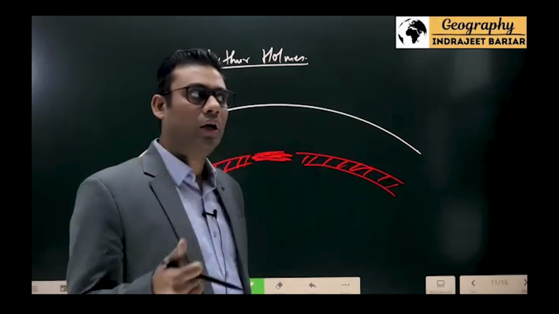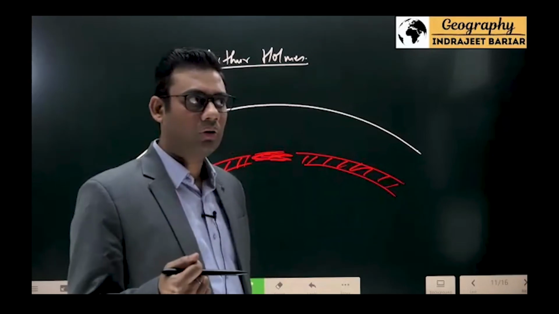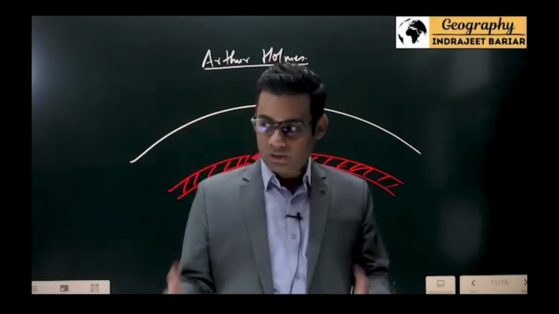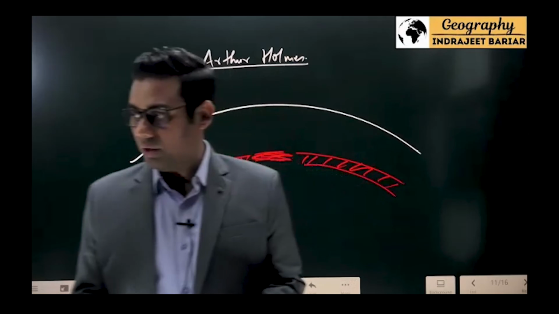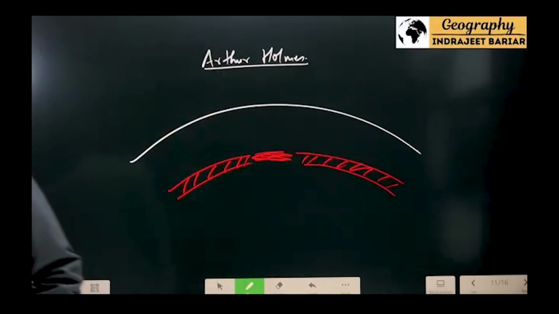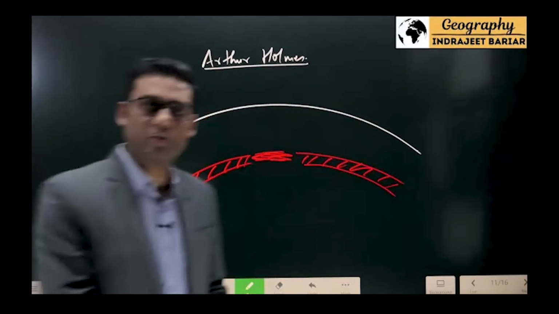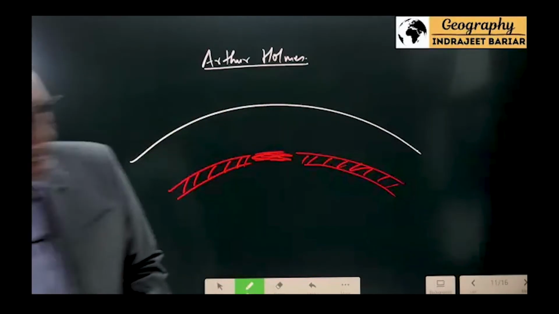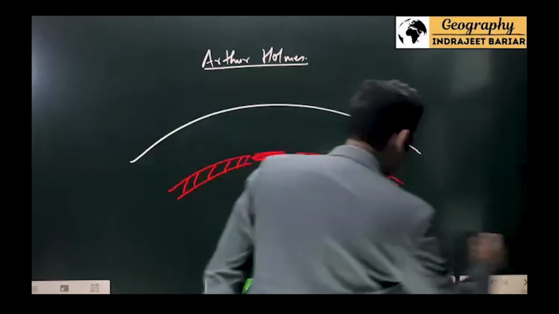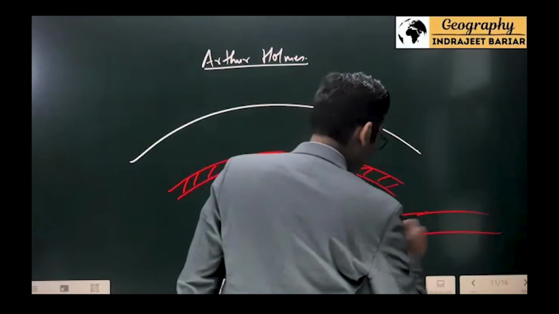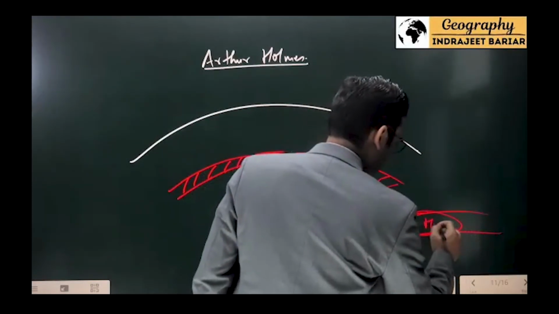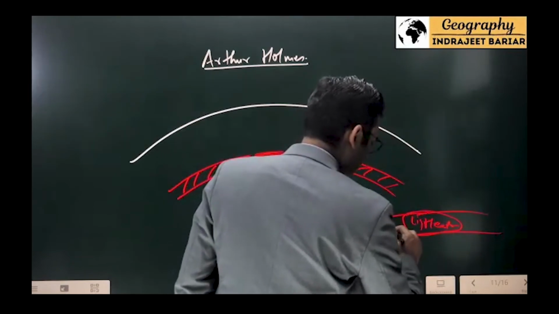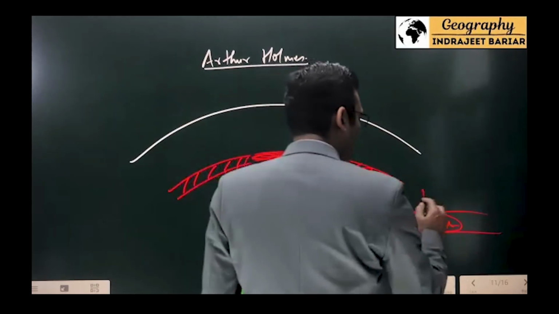It is absolutely like the working of a hot air balloon. In a hot air balloon, what are you doing? You are heating the air over here. As you heat the air, the air becomes light, and so it starts rising. Why does it start rising? Because this parcel of air has become heated, so it has become lighter than the surrounding air. The surrounding air is heavy, so it starts rising.